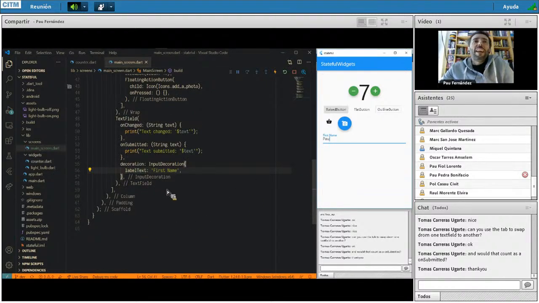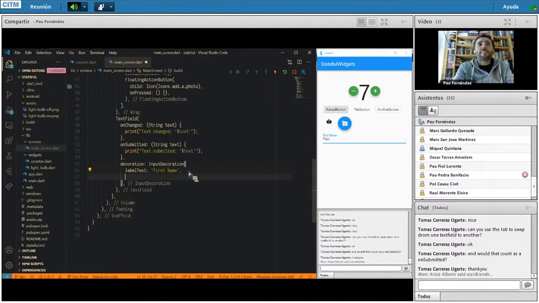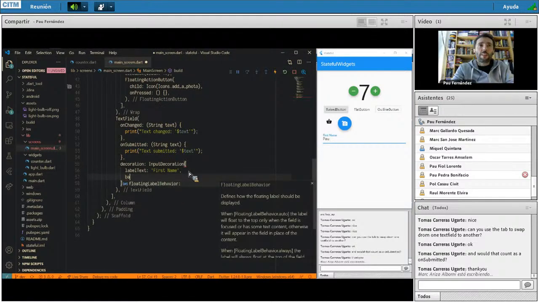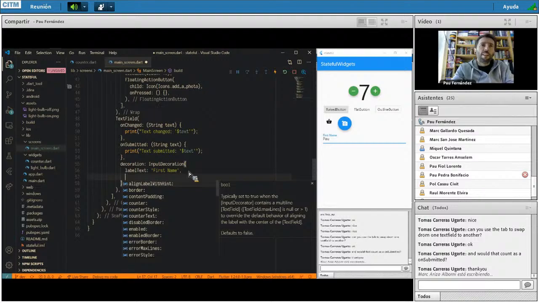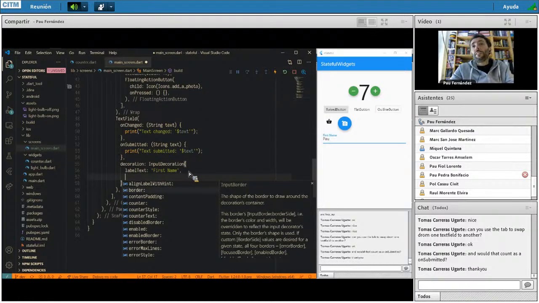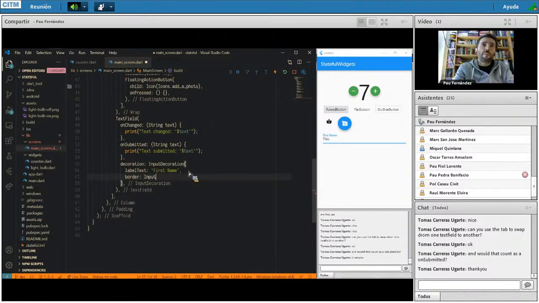Okay, so that's a label. So what else do we have? We have a background. No, you have border. Yeah, border is fine. So border is an input border. Let's say input border. Now dot. No, it's not dot. It's like that. Border side. And border side dot